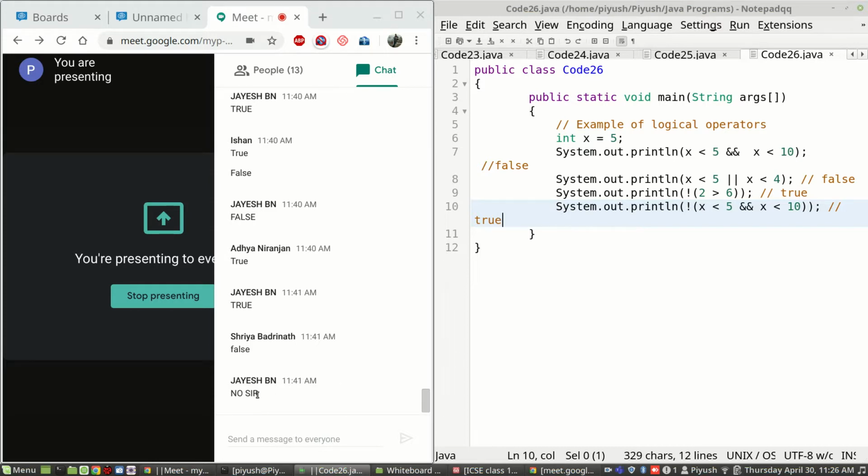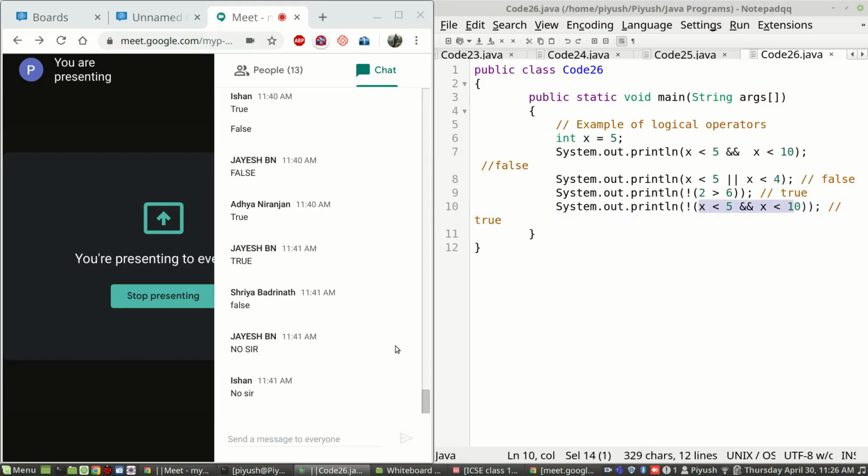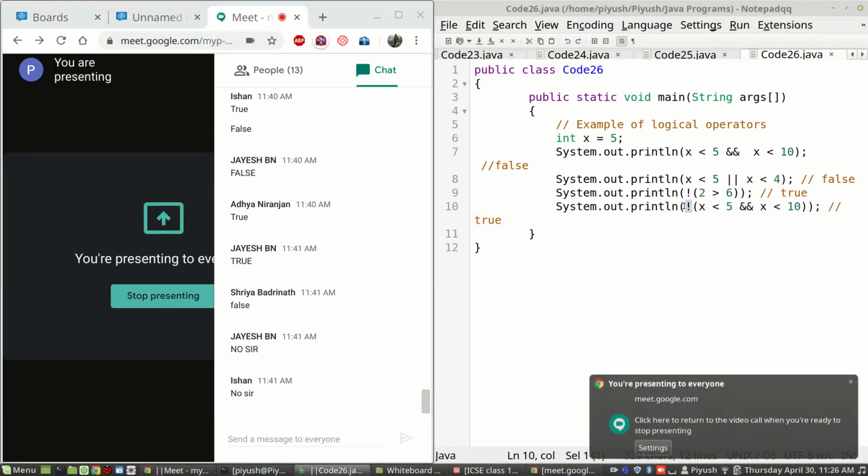Shreya, I'm not sure whether you meant the inner one to be false or the entire statement to be false. If you have a doubt, you can paste it here. I'll explain again. Anyway, I'll repeat, just forget about AND for now. First, let us solve the inner expression.